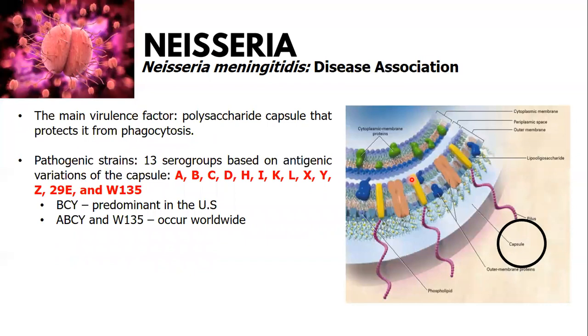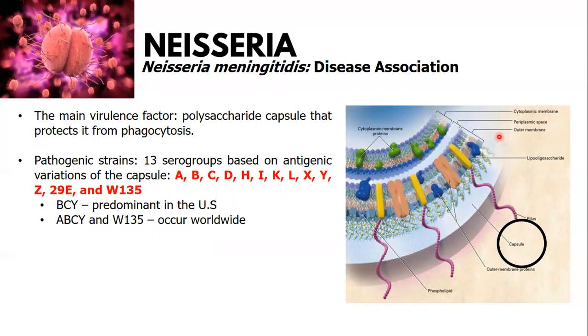Although Neisseria gonorrhoeae and Neisseria meningitidis share virtually the same virulence factors as discussed earlier, the main virulence factor of Neisseria meningitidis is its polysaccharide capsule, as you can see here. So this illustration shows that the cell wall of Neisseria meningitidis has an extra layer, which is composed of polysaccharides, and this is the capsule of the bacterium. And it is the one that renders Neisseria meningitidis resistant to phagocytosis.